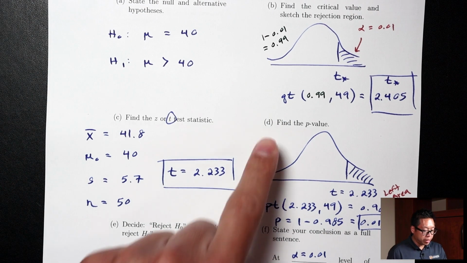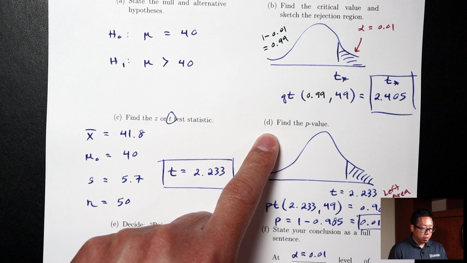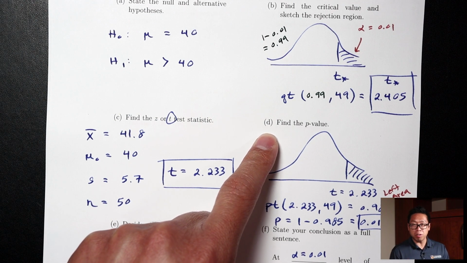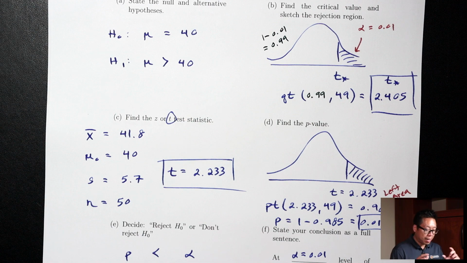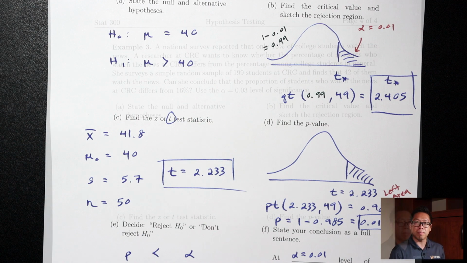And then for part D, the p-value, for p-values, we expect small answers. So if you're getting answers like 0.9 or 0.8, big answers like that, what probably happened was either you forgot to do a 1 minus, or if you did do a 1 minus, you weren't supposed to do a 1 minus. Okay? So use that as a way to check your answer also.